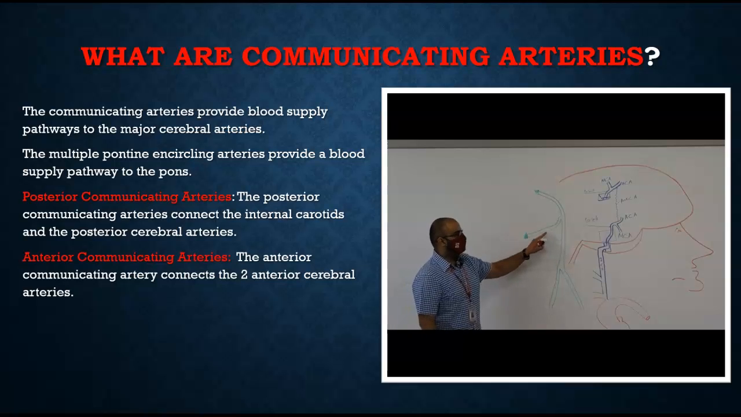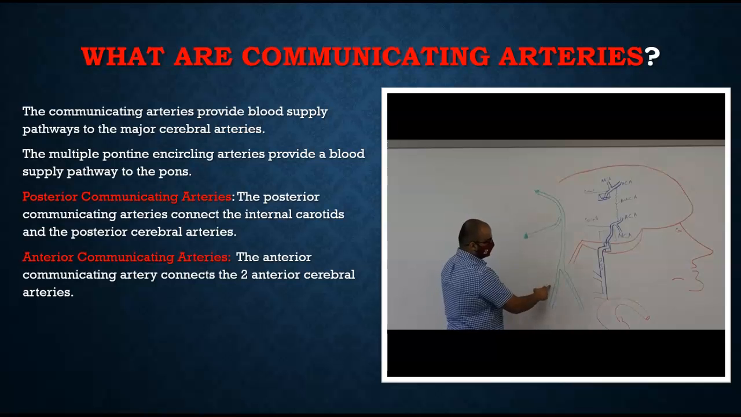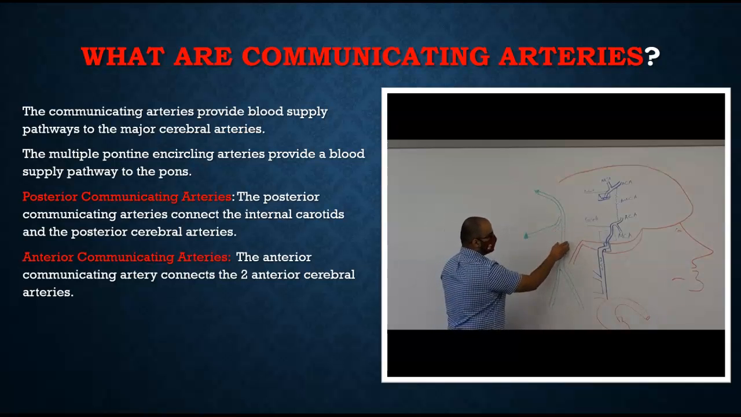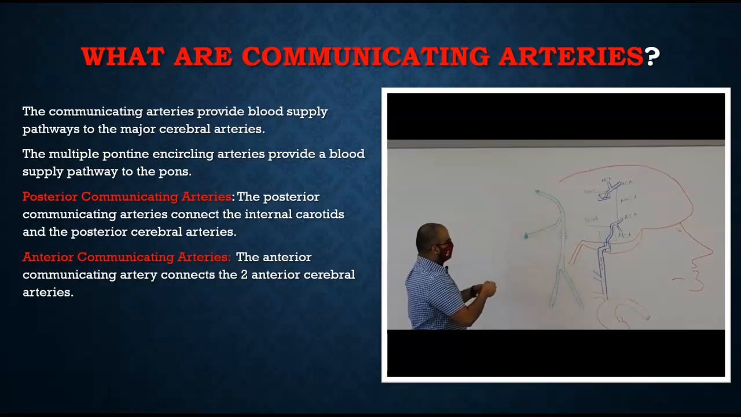The basilar artery will divide into two major branches. Again, the right and left vertebral arteries merge together at the pontomedullary junction, go up and form the basilar artery, okay? This is the basilar artery, and it also gives some branches to the pontine area, the pontine arteries. And then the basilar artery will divide into two terminal branches, and they are